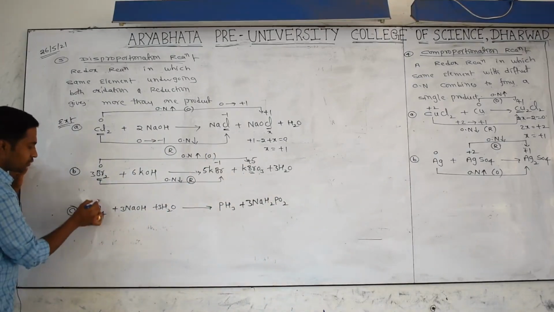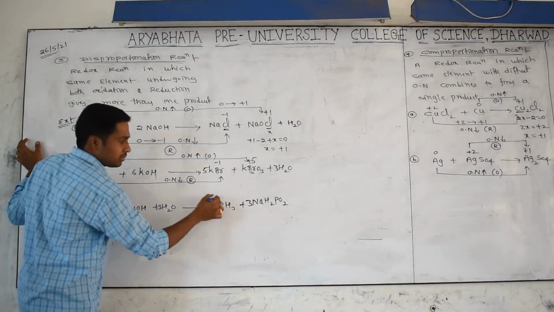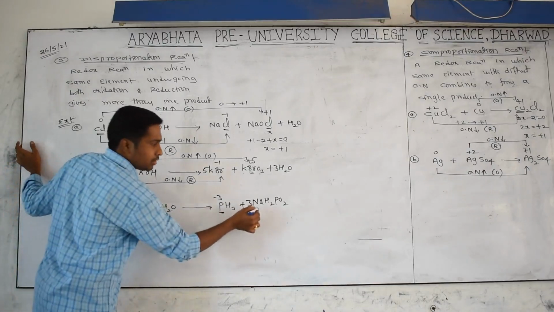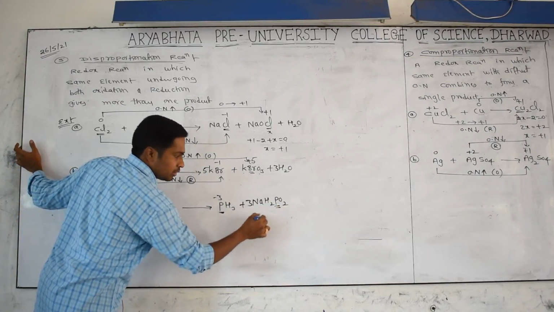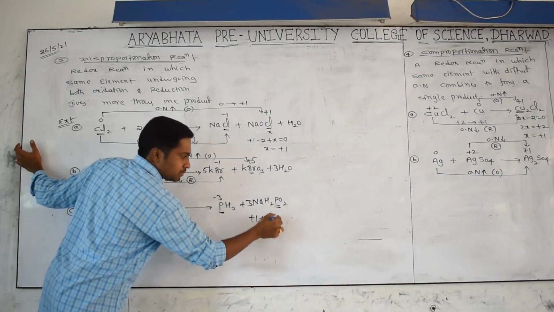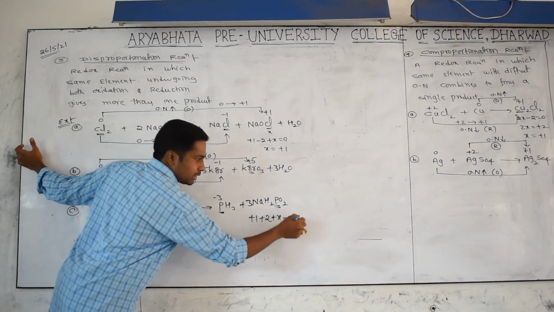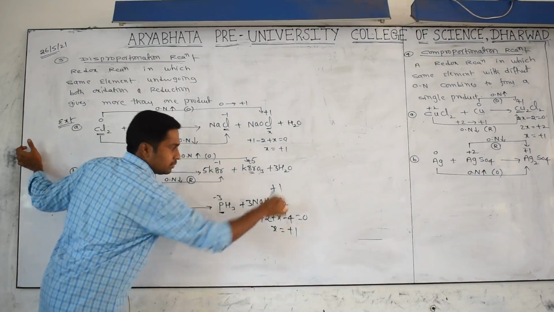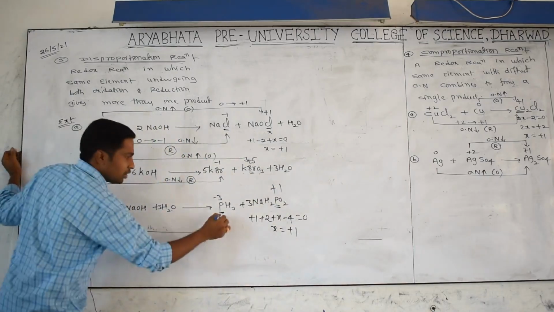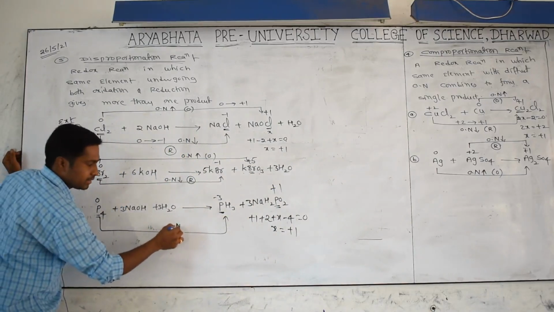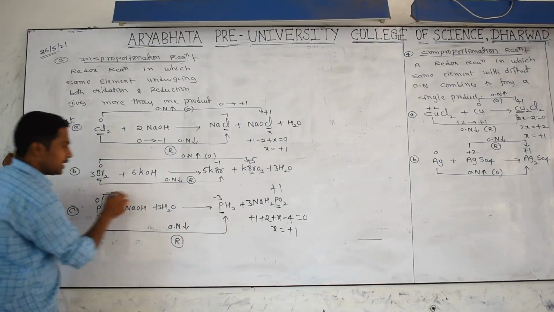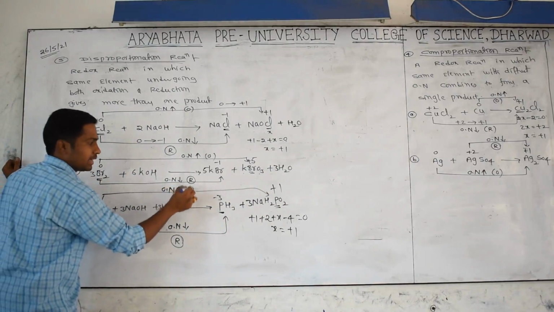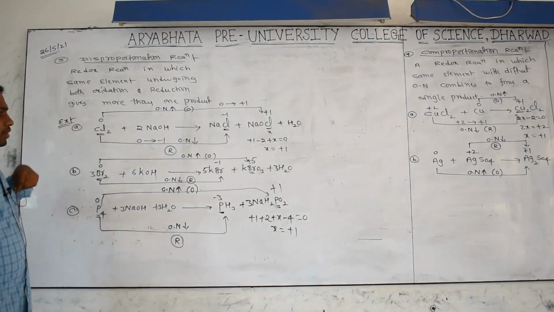Now phosphorus in its pure form is 0. Here phosphorus's oxidation number is -3. You calculate x plus 3 equals 0, so x equals -3. Now find it for sodium hypophosphite: sodium is +1, 2 hydrogens make +2, phosphorus is x, and the two oxygens at -2 each make -4, so x minus 1 equals 0, then x equals +1. Yes, the same element: oxidation number 0 to -3 means decreasing, called reduction. The same element also undergoes oxidation, because 0 to +1 is an increase, called oxidation. Okay, these are the 5 types.